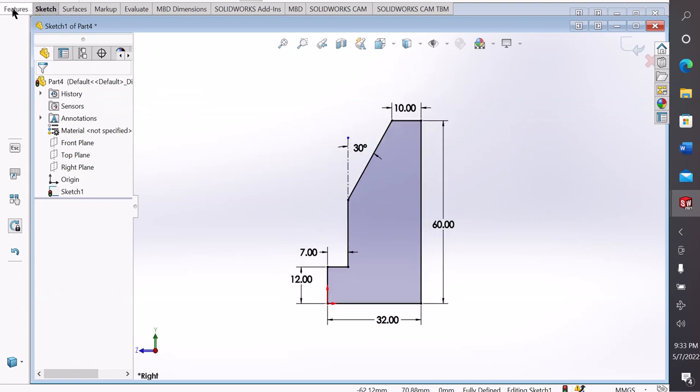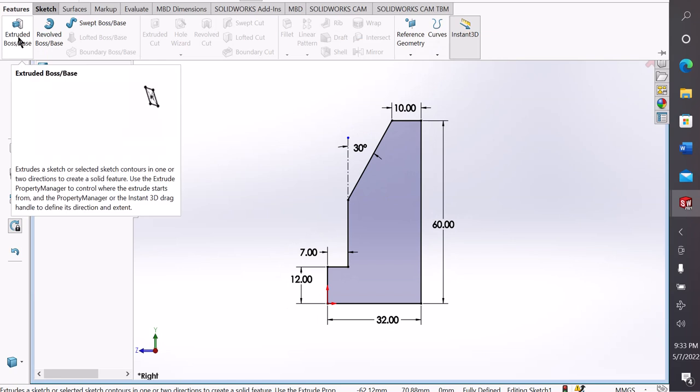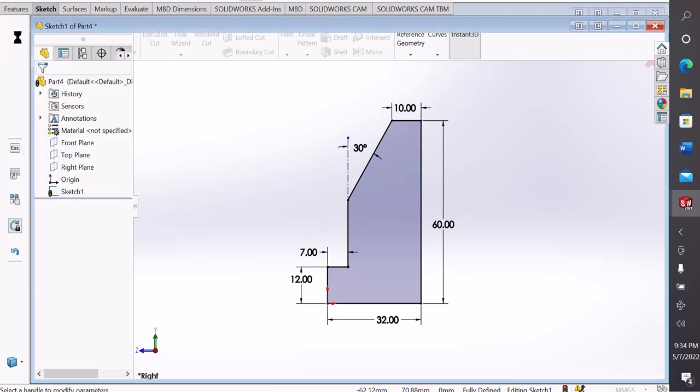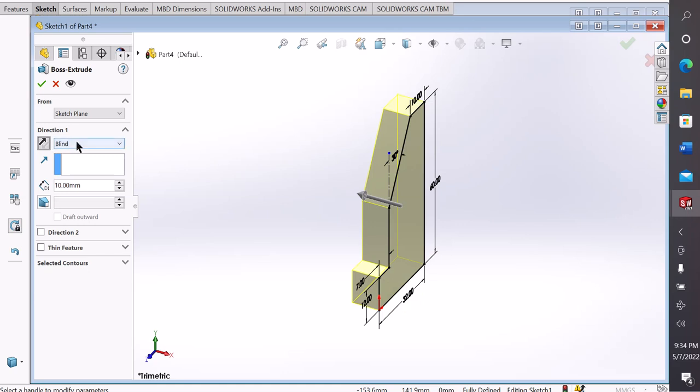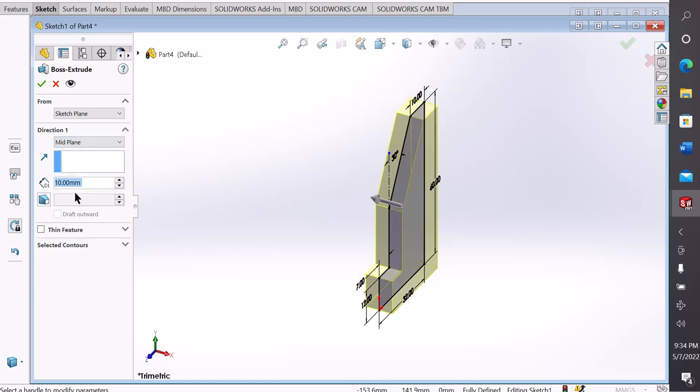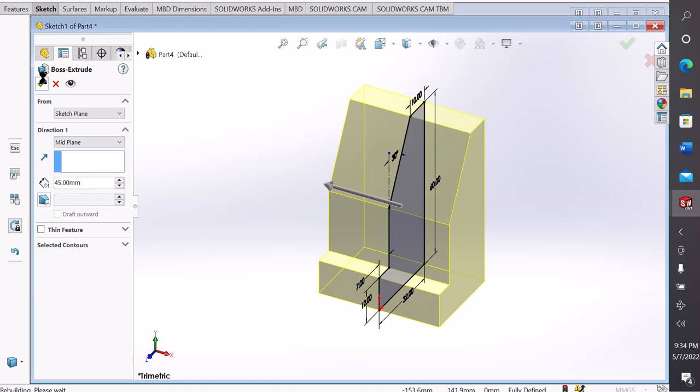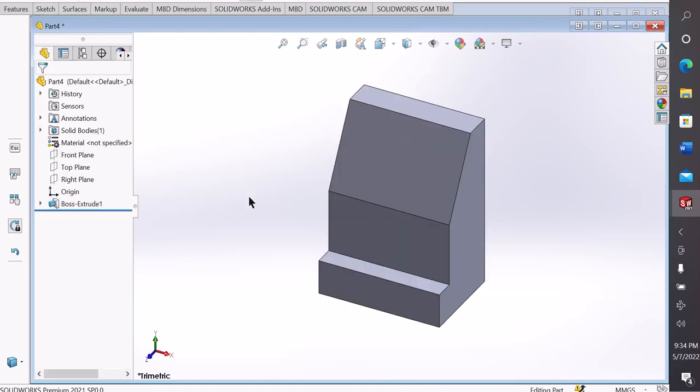Let's make it 3D. Here is options feature and then extrude boss face. Now make here mid plane option, and then its total thickness is 45 millimeter. Okay,